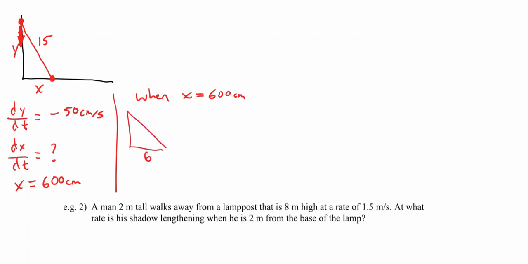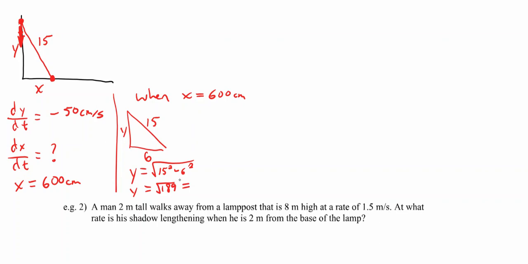So when this is 6, we know that this one here is going to be 15, right? That one's always 15. That's the length of the ladder. And then y. You guys know how to solve that, right? That would just be Pythagorean theorem. y is going to be equal to the square root of 15 squared minus 6 squared. So we get y is equal to the square root of 189, which is equal to about,